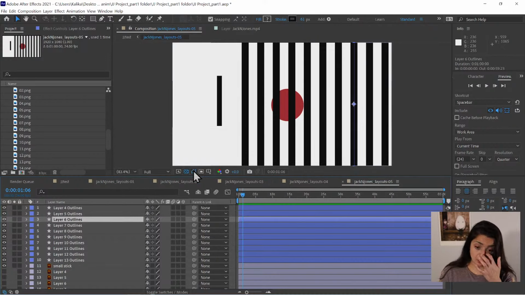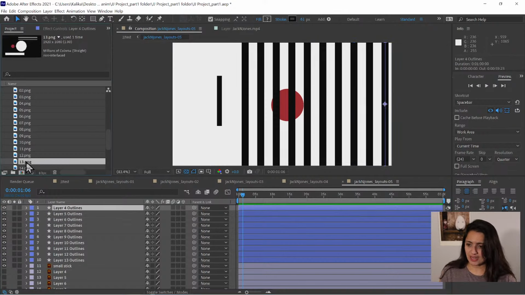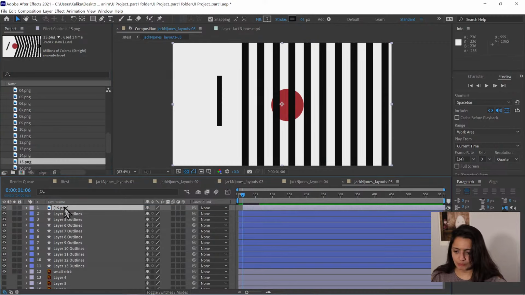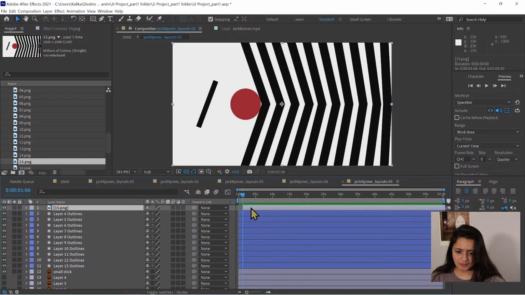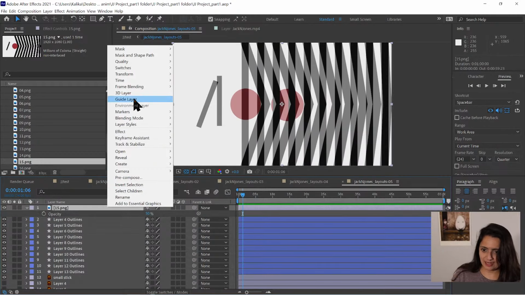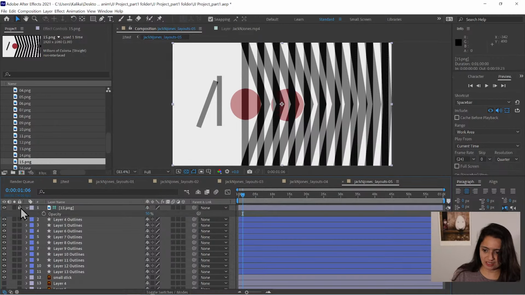And all right, so we're going to bring in our layout once again. And our layout this time is this guy. That's the starting line. So I'm going to drop that right in here. Make sure that it starts at the beginning. And T for opacity, drop its opacity to 50. Right click, guide layer, and lock it,